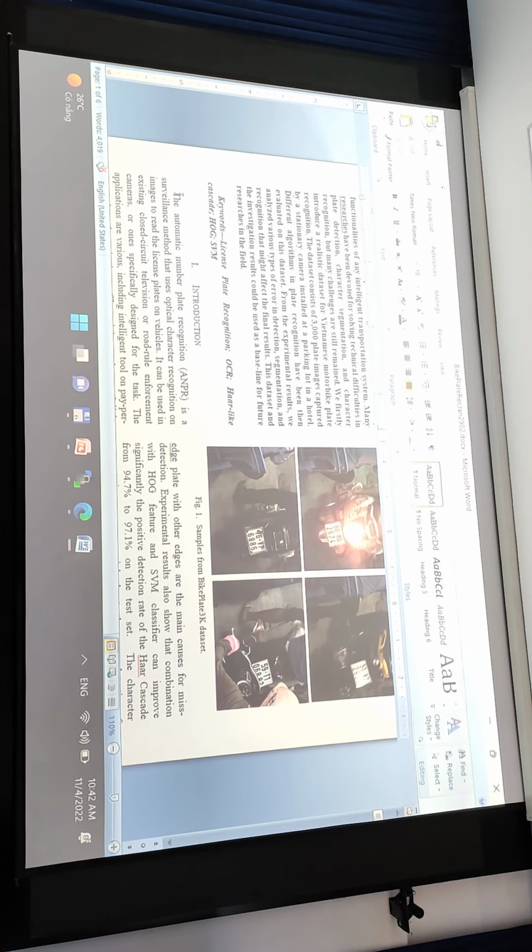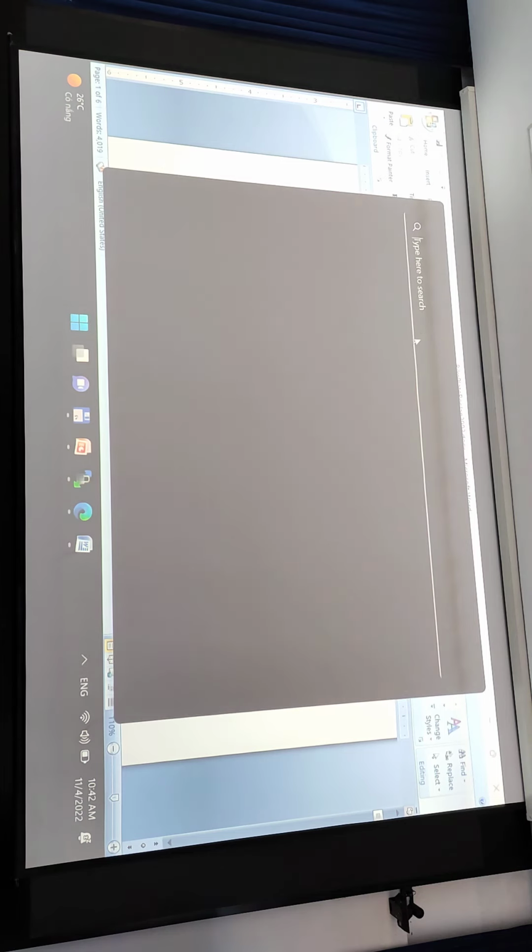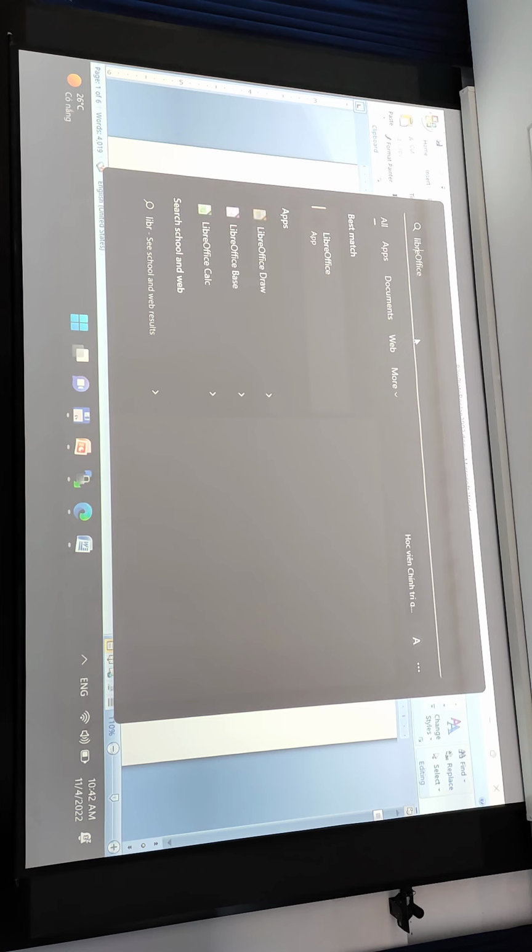And I believe that most of you are so familiar with this type of making a document, for editing a document. You could use OpenOffice, LibreOffice, Microsoft Office. I don't know if I installed LibreOffice here. Here's this one.